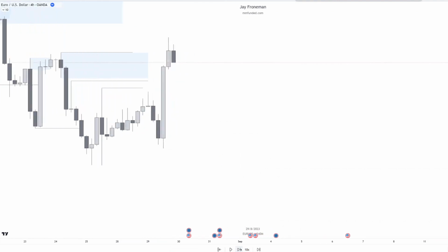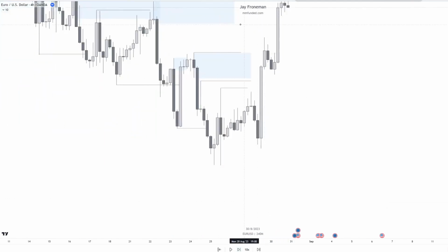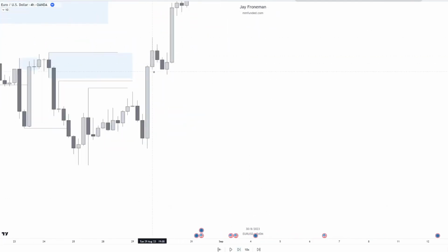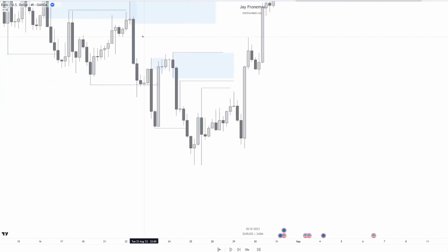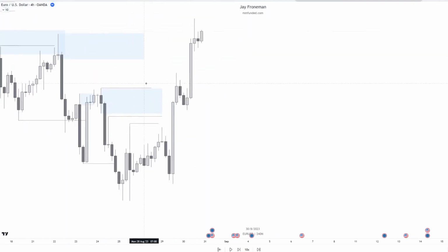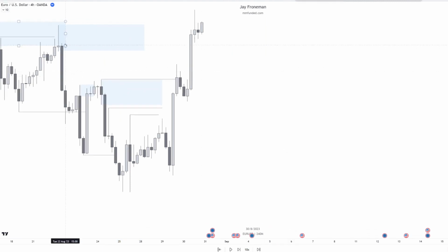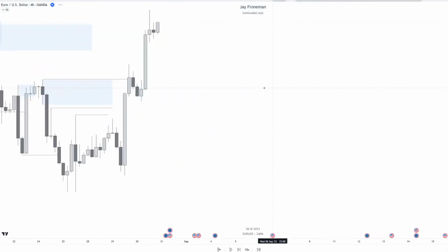Okay, equal tops, mitigation, and failure of that supply. So in this example, we had a complete failure, no confirmation, price just completely closed above. So in this scenario, our structure now shifts to the upside. So we've had that bullish shift. We're most likely coming off higher time frame demand. This becomes a valid area of demand,